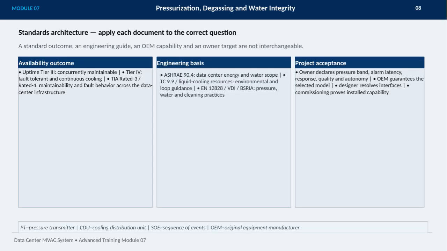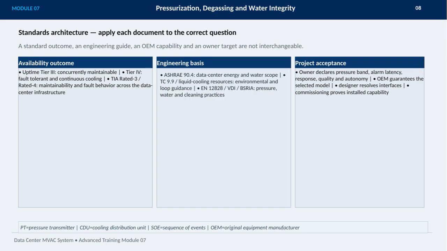This module focuses on pressurization, degassing, and water integrity within data center MVAC systems. One key point here is understanding the standards architecture. Each document serves a specific purpose and must be applied correctly to the right question. It's important to recognize that a standard outcome, an engineering guide, an OEM capability, and an owner target are distinct